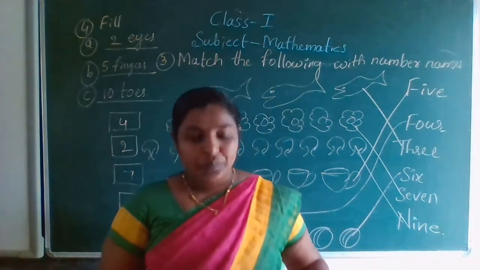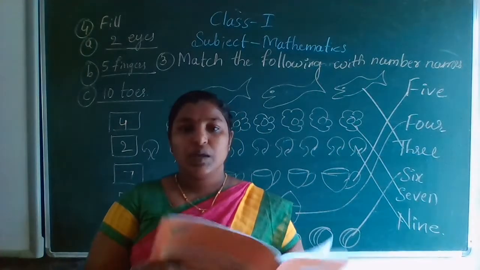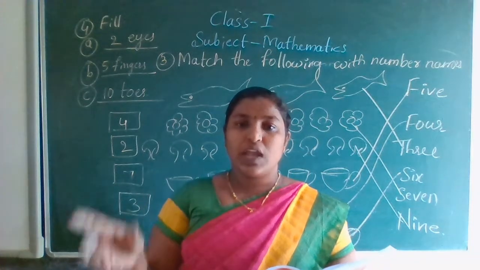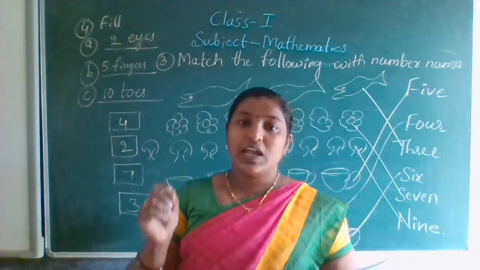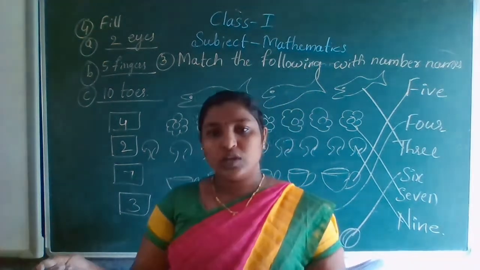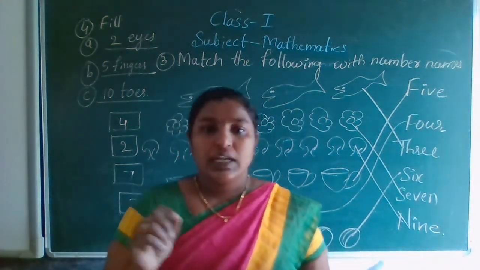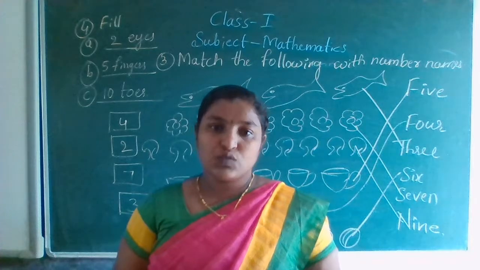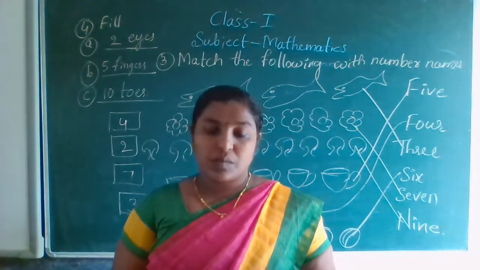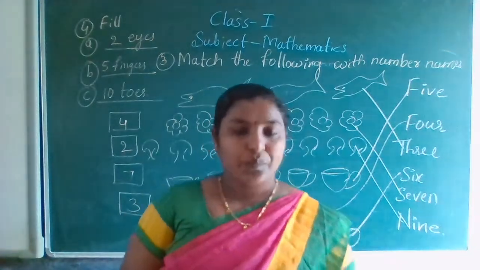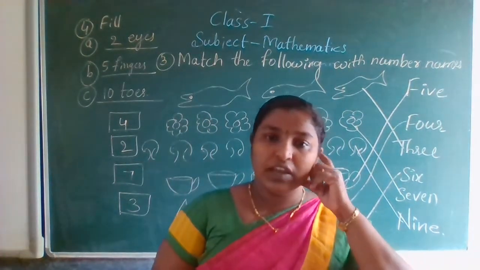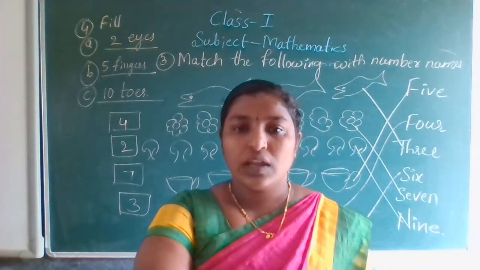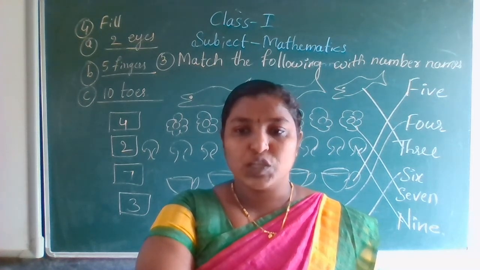Got it? Okay. This is all about lesson number 3. Now you are able to identify the numbers from 0 to 9. Number names you can write, and you can identify the bigger number and the smaller number from 0 to 9, and greater than, less than and equal to sign you are able to write. And next class we will study addition and subtraction up to 9. Do the work which we have done in class in your textbook. If you don't have a textbook, come to school, get admission, and then take the textbook. Okay, thank you.